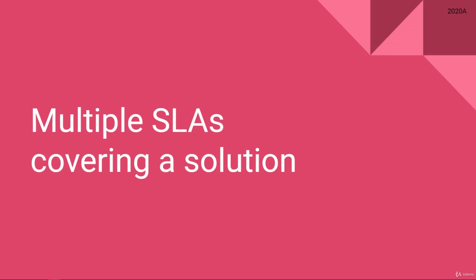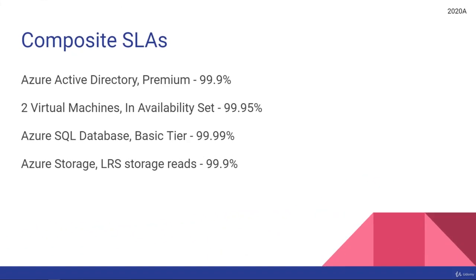So how do you understand what the service level agreement is for your overall application? Since you do have these dependencies, where if one component was to go down, it would actually negatively affect your entire application. So that's the concept of the composite SLA. So I've listed on screen a couple of different SLAs from different Azure services. So for instance, if you are using Azure Active Directory, the premium plan, you can get a 99.9% SLA for interacting with that. We saw before virtual machines in an availability set have 99.95. We've got our SQL database at the back end, and even a storage account has its own SLA.